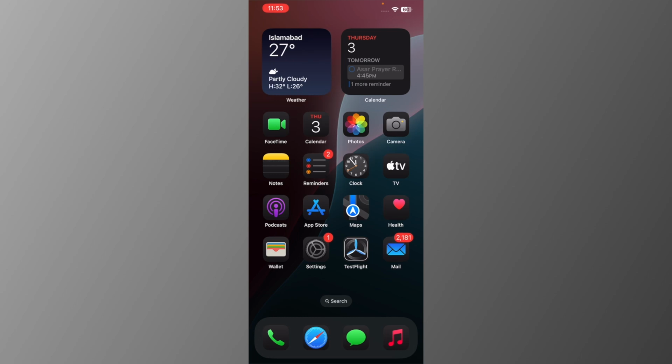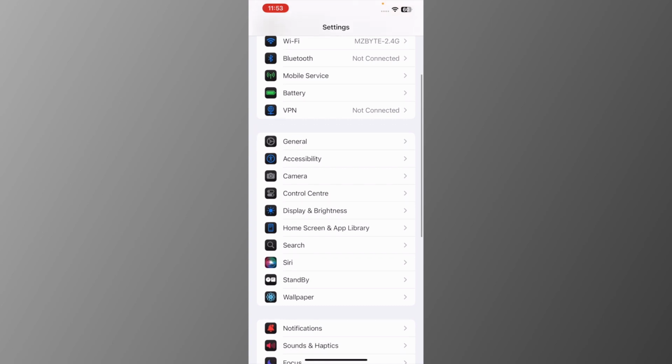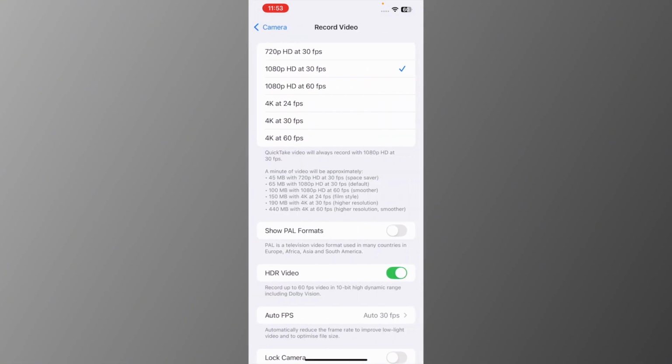Hey guys, so I'm going to show you the best camera settings possible. Just go to the settings right away and then open camera. Once you are here in the camera, I'm going to explain everything out for you guys. If you go to the record video section, first of all, the best setting is 4K at 60